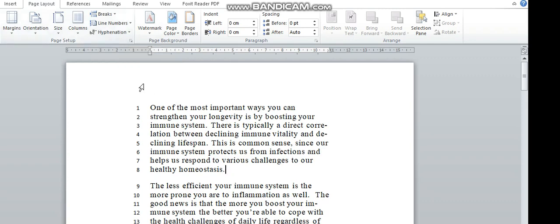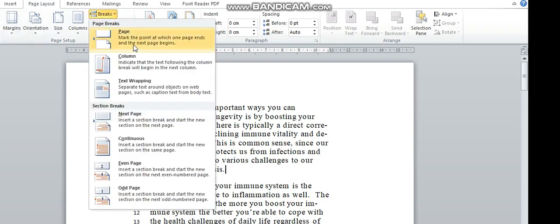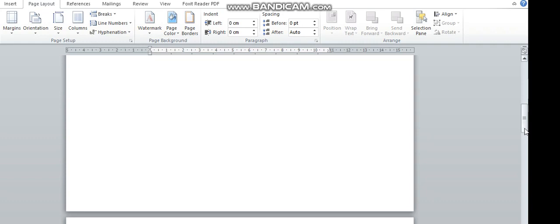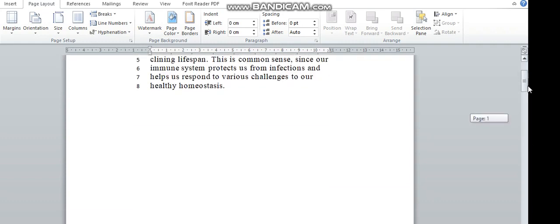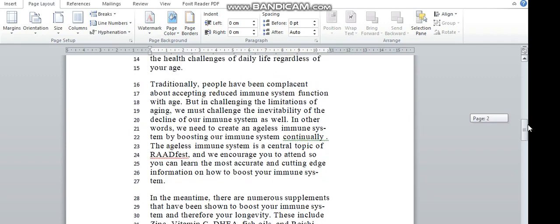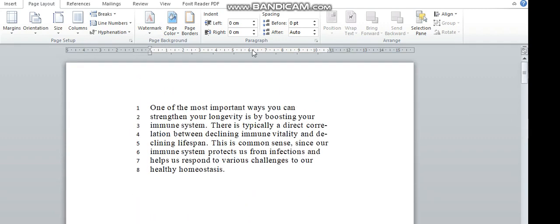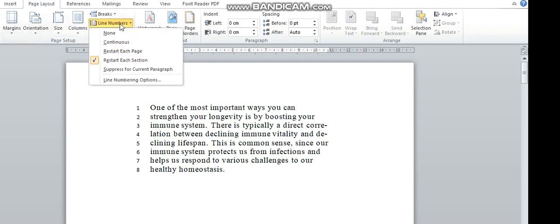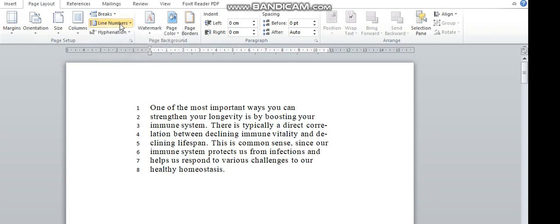Break means the way I want to break the continuity. Page break, see. The moment I have clicked break over there, from that portion it started from another page. So that is break. There are multiple options in break too. Then is line number, continuous. This is continuous. Restarting each page means whenever a new page starts, this number will start from the beginning. Hyphenation means when the word is incomplete in the line and continues on the next line, to understand that